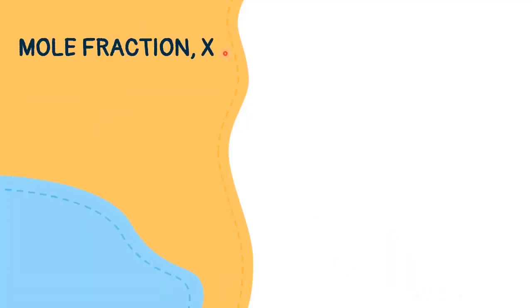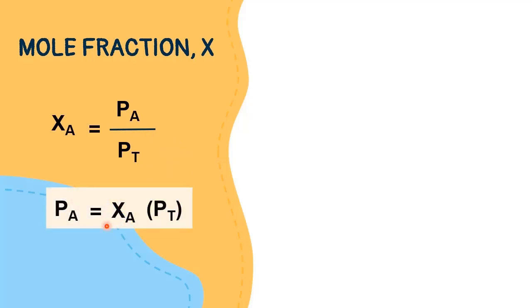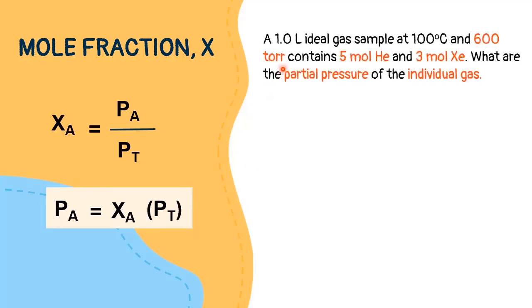Apart from using the ideal gas equation to find the partial pressure of a particular gas, we can also use mole fractions. This fraction tells the pressure of the particular substance from the total pressure of the substances present in the mixture of gas. If we rearrange them, we're going to get partial pressure equal to mole fraction times the total pressure. So we're given this problem to be solved.